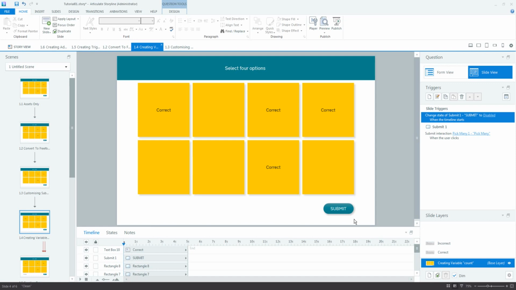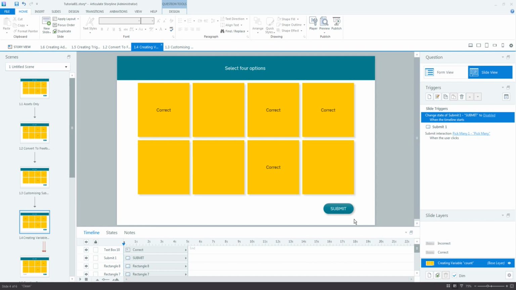1. A trigger to change the submit button to disabled when the timeline starts. 2. A variable to keep track of how many cards have been selected. I called this variable count. 3. Triggers that will cause the value of count to go up by 1 each time we click on a card. 4.